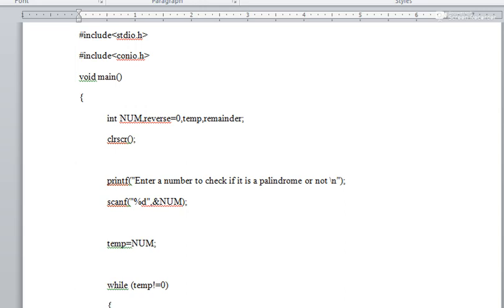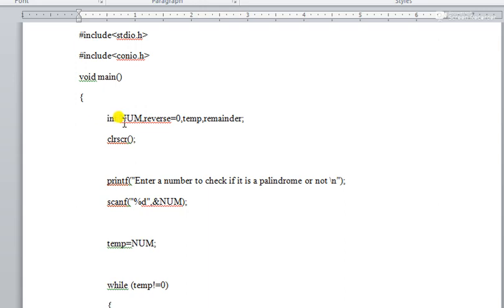If after reversing you do not get the same number, then we are not saying that one is a palindrome. So now, for the palindrome program, include stdio.h and conio.h, these two header files we need to include, and then the main function. Inside main, we initialize the input and output variables. In the question they mentioned we have to check the palindrome for a given number, so we need to take the number as input from the user.